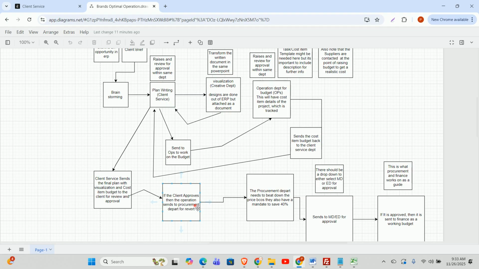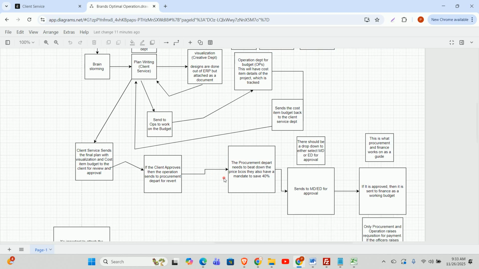department. Now the function of the procurement department here is to try as much as possible to beat down the price. So they have a KPI to save about 40% on that. So they send it down to them, they work on it as well, trying to save 40%. Then when they are done, they send it to